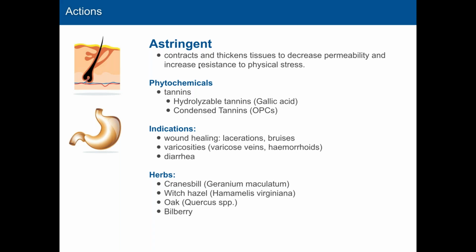But as a side effect, it can also affect the reabsorption of desirable things. So you don't want to overdo the astringents internally because it can definitely cause, A, some stomach aches, and B, a very strong suppressive effect. But in some cases, small amounts would be indicated as well. Also with diarrhea, the toxins from parasites that cause the diarrhea are usually protein-based, and so taking astringents can bind up the bacterial and parasite proteins responsible for the diarrhea and inhibit them that way as well. So cranesbill is an herb that's often used internally for various